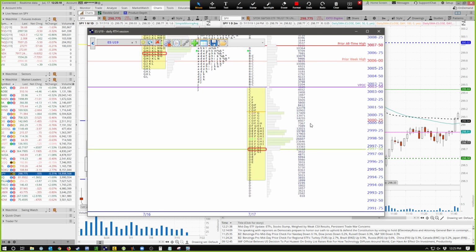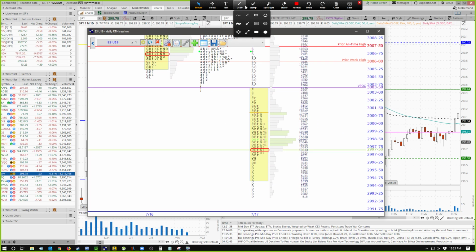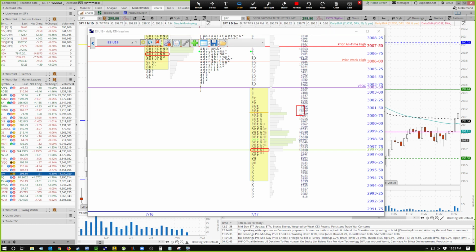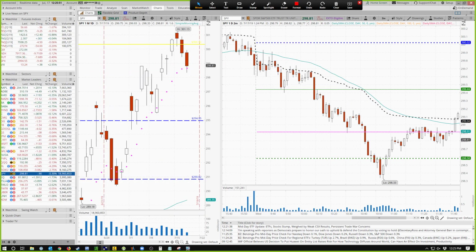So if we look at the market profile, what I noticed is, look at this huge increase in volume, right? As we cracked and this volume really just started to steadily increase, that really gave me conviction that we were going to continue lower. This is telling me that more and more sellers are coming in, and most likely the price is going to continue lower, and most likely it's going to hit my profit target. So I just absolutely found it so easy with that information to really sit tight and wait for my profit